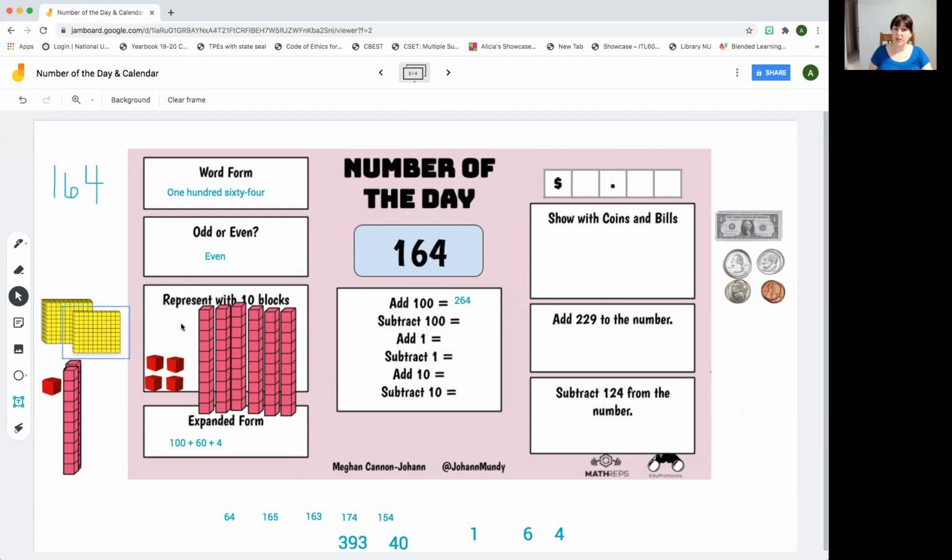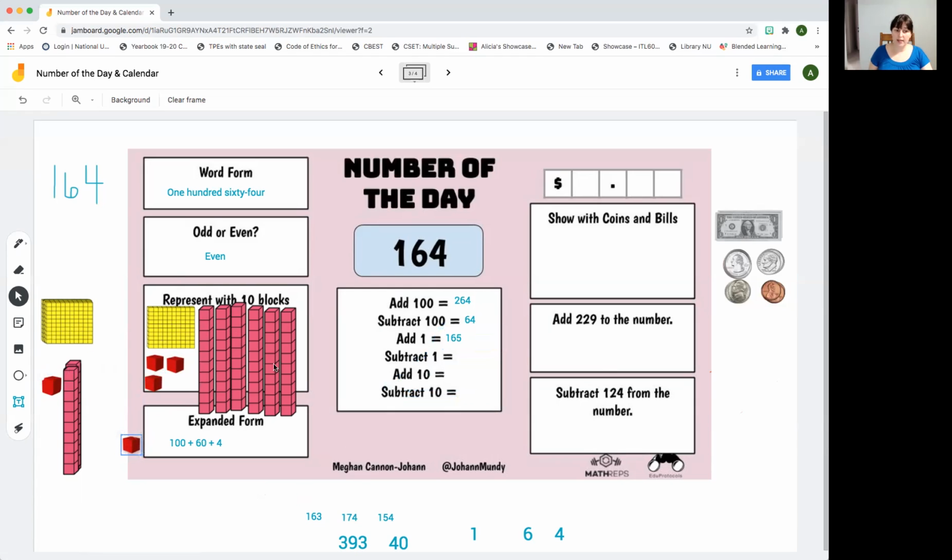And now I know that I have 0 hundreds, and I still have 1, 2, 3, 4, 5, 6 in the tens, so 60, 1, 2, 3, and 4. So now I would have 64 remaining. Now if I were to add 1, I add 1 to the ones place. I would have 100, 10, 20, 30, 40, 50, 60, 1, 2, 3, 4, 5. So now I would have 165. If I were to take my original number again and I were to subtract 1, I